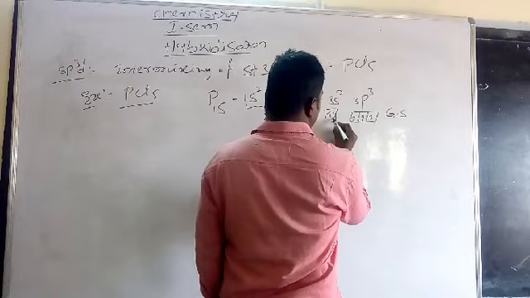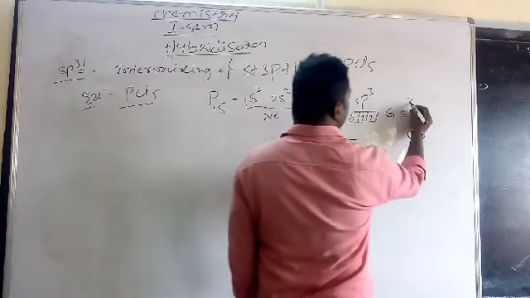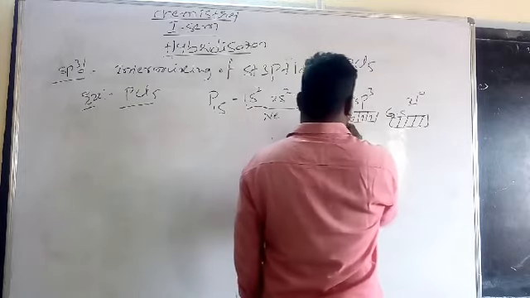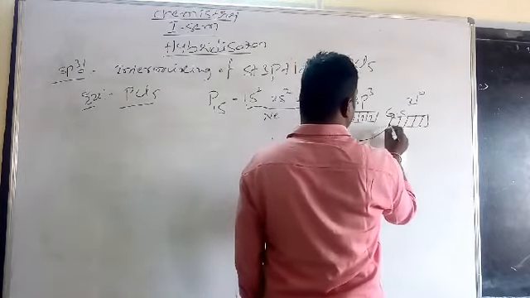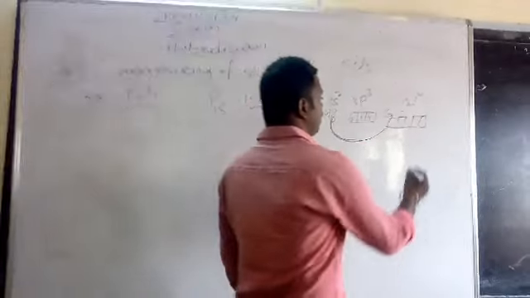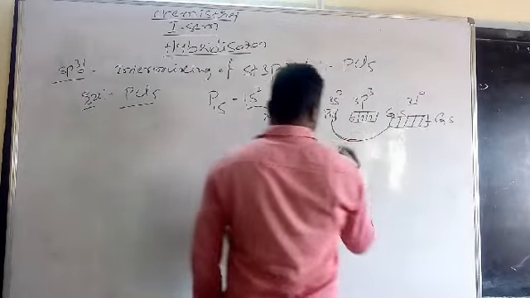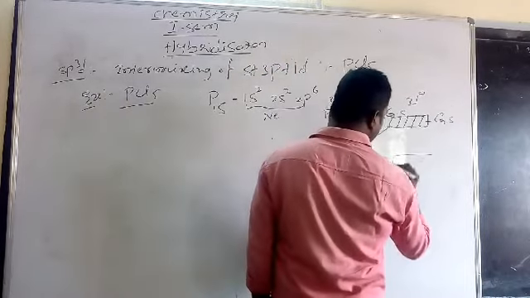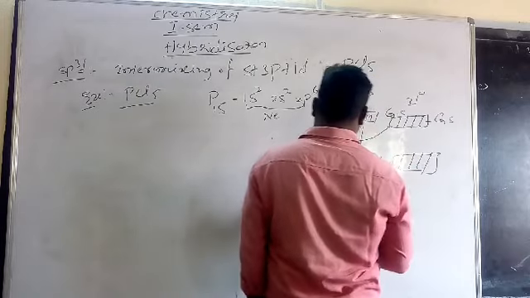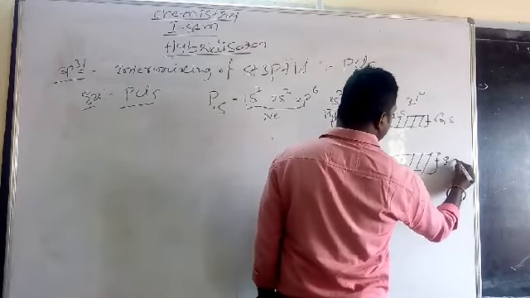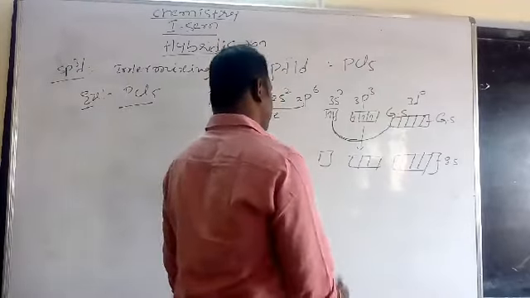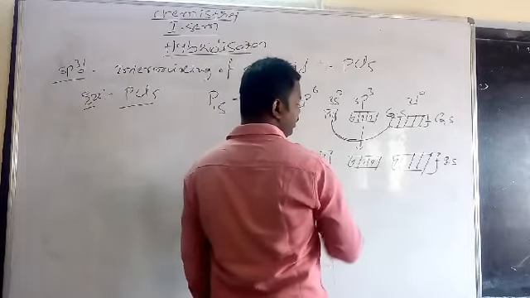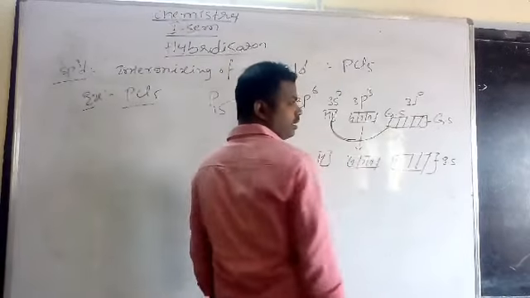So now an electron jumps to 3d0. 3d0 means all the orbitals are empty. So this electron moves from the s orbital to the d orbital. This is the ground state electronic configuration. Go to the excited state. This is the first excited state of phosphorus. Five unpaired electrons: 1, 2, 3, 4, 5.